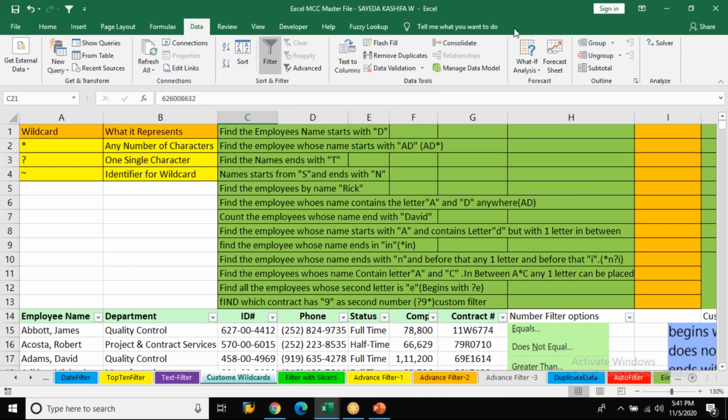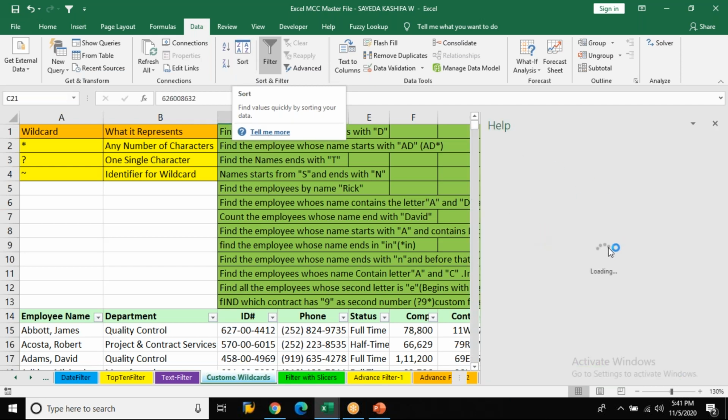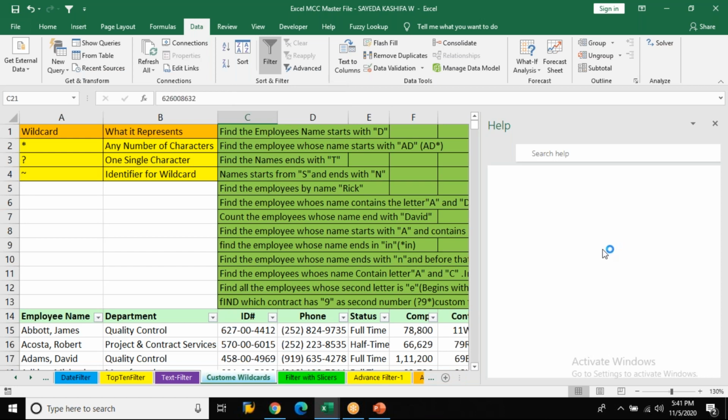We can't open Excel sheets. No, I mean I'm telling you before going for the exam how you have to prepare. I'm not telling you how to copy or how to make use of the Excel sheet. I'm telling before. So you can just click on tell me more. You have a help over here. It will give you the answer.